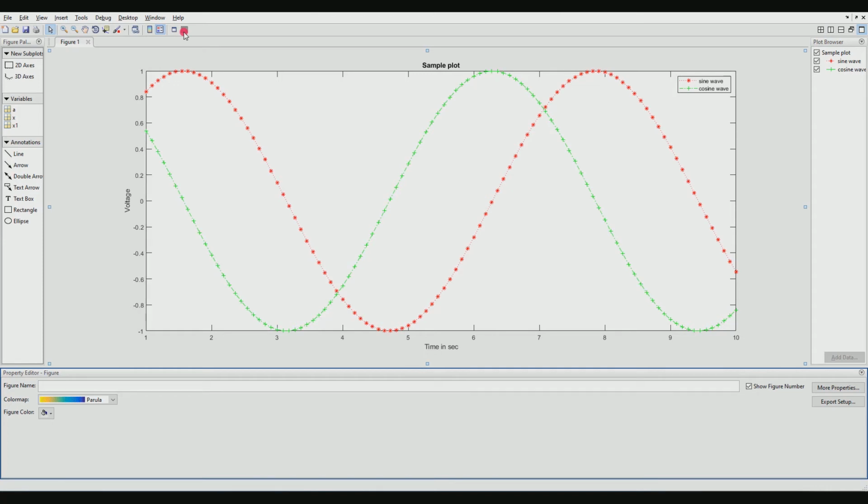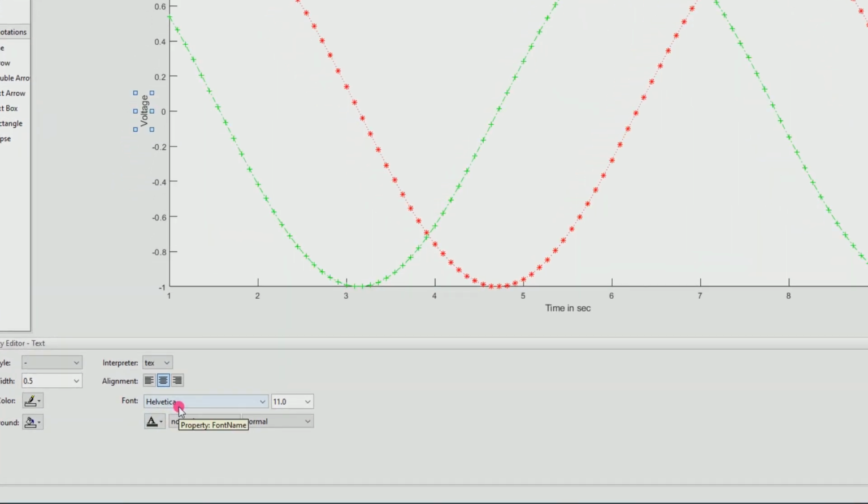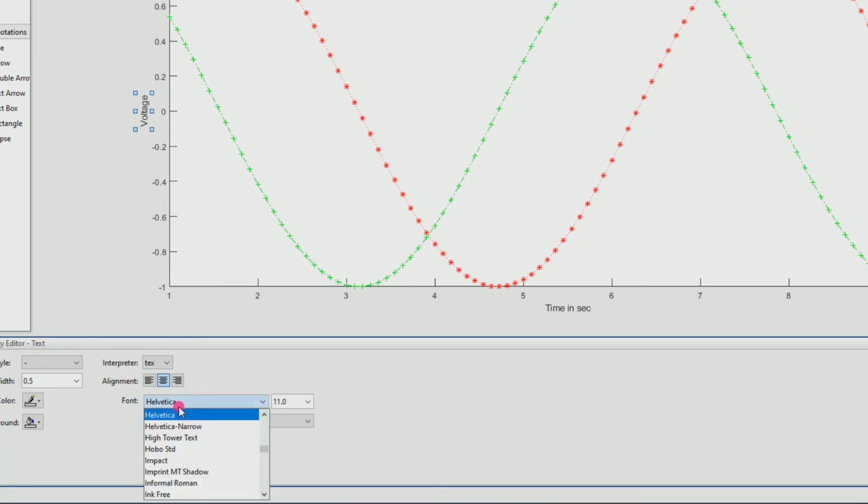So this is the plot tool window. Still, if you want to customize this plot before printing this plot or before using this graph in a document, if you want to make visual changes on the graph, you can go for this option. Now on this window, right now I have selected the voltage, which is the y label. On the property editor, you can see the options. Here I have an option called font. By clicking on this drop down menu, I can change the font. By default, it shows Helvetica.